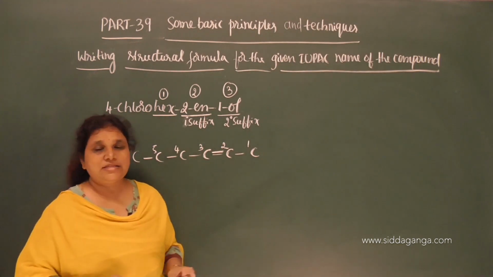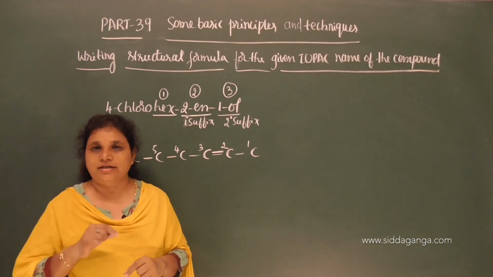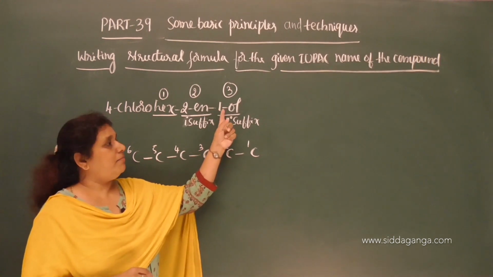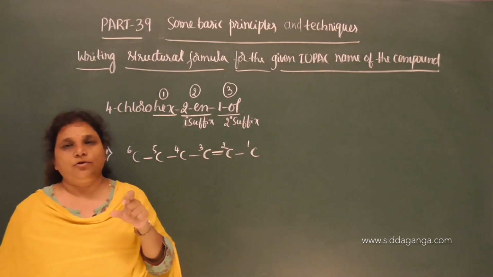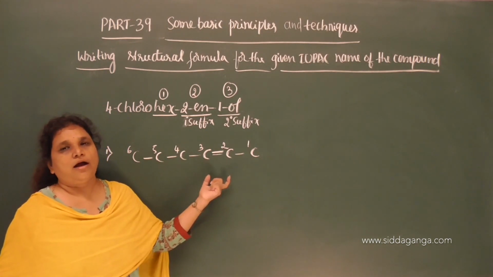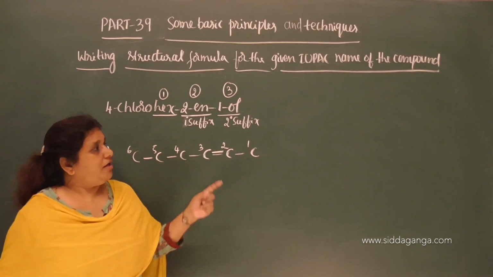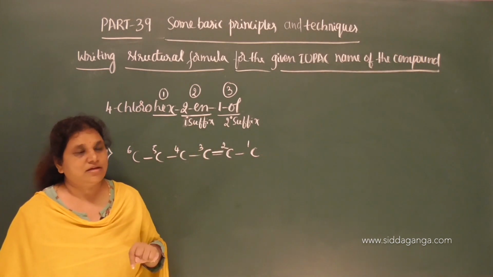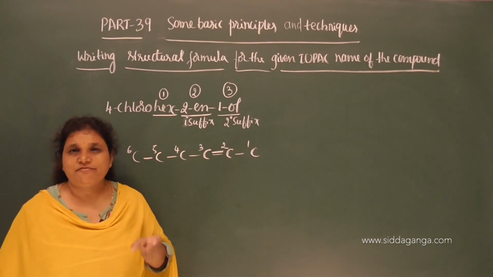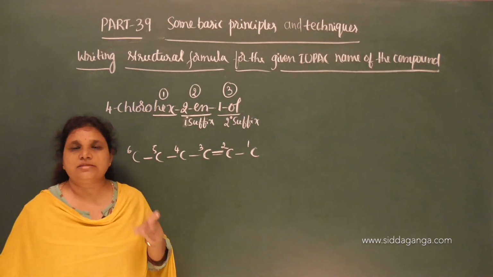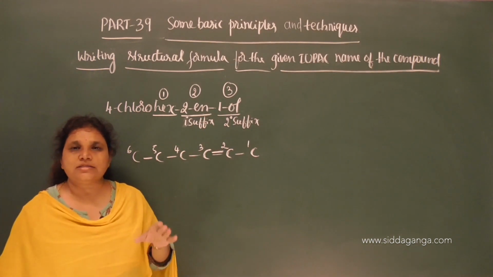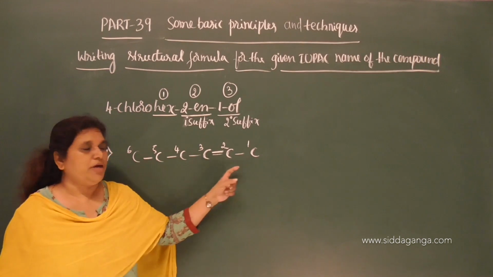So on the basis of secondary suffix, first we have to identify the functional group, and on the basis of the locant before the secondary suffix, we have to place that functional group on the appropriate carbon atom on a carbon chain. But remember, if on the basis of secondary suffix the functional group contains carbon and it is a terminal functional group, we need to consider that carbon as the locant. On the basis of the locant, we need to consider that the carbon atom of the functional group is in the carbon chain itself.